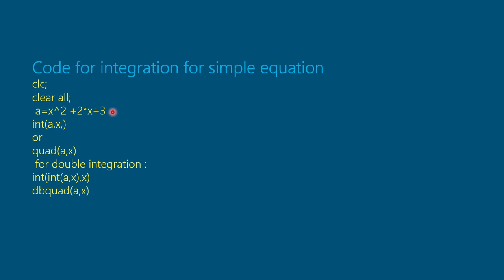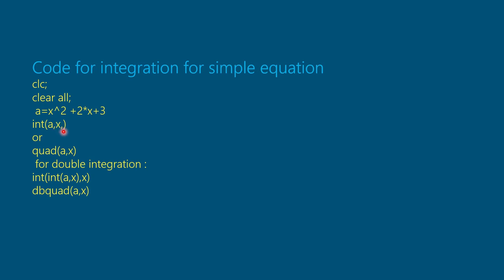Then I am going to perform the integration with respect to x. So with respect to x means you need to put the variable called x. Whenever you want to perform the integration with respect to y, then you need to pose another equation by specifying the comma. After that, here equation, here the variable. Then you need to specify the limits also.